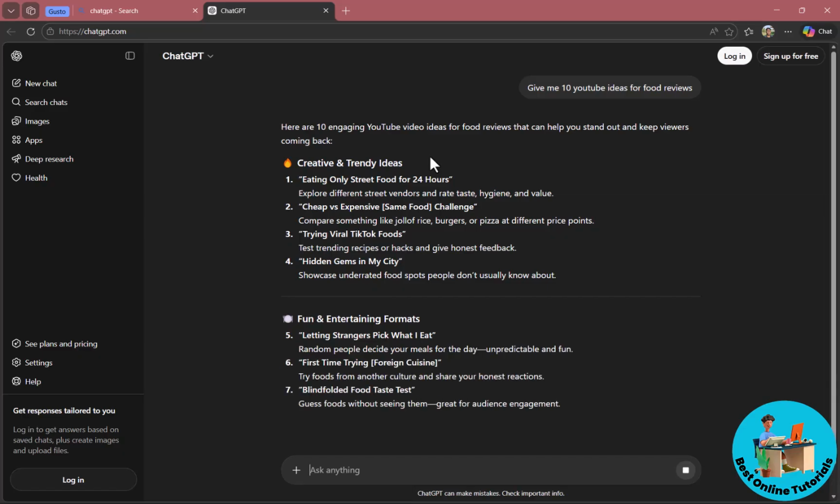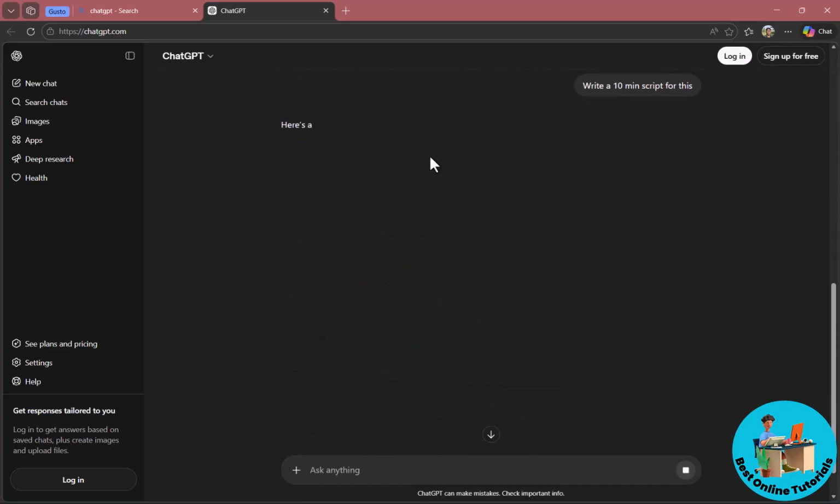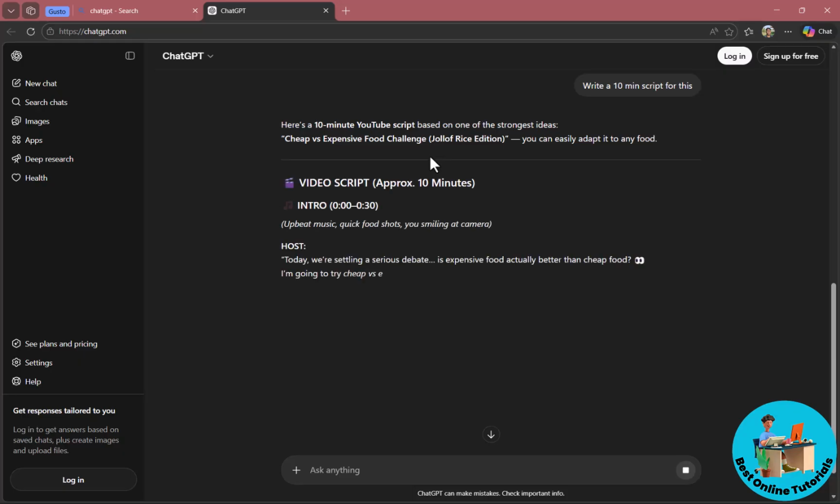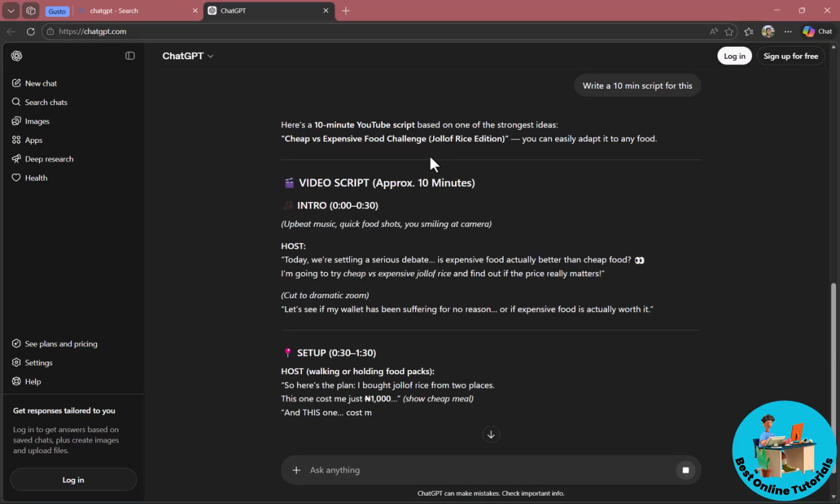Now, once it's done generating, the next thing you need to do is create a script that you can easily follow. So just ask it to write you a 1 minute tutorial script with timestamps and visuals or expected results. You could type that in. Once you have, click on enter, and then it will generate the script based off of how you can create